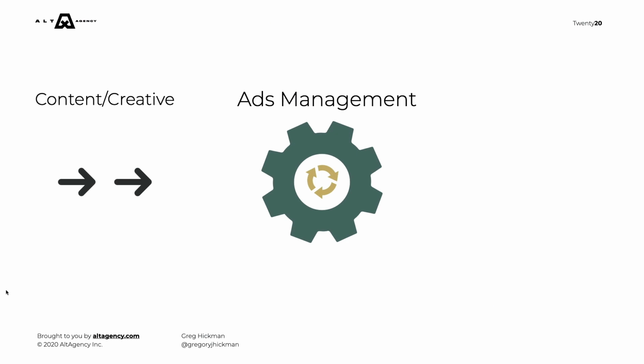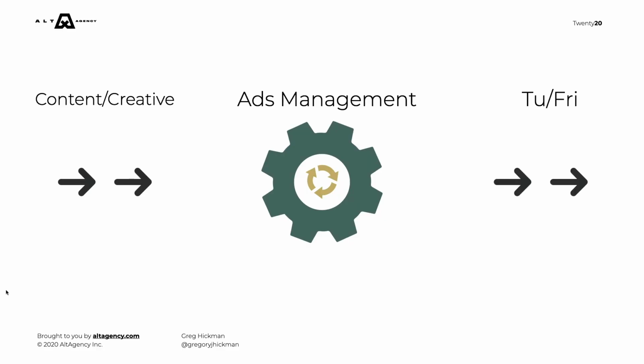My media buyer will take the creative and content that I've put together, and the ones that we decided to launch, he'll take them. Then on Tuesdays and Fridays, he will launch that campaign, and boom, new ads are going live. So we know that every Tuesday and every Friday, new ads will go live. But if Greg stops creating content and coming up with new creative and recording new ad videos, well, the process is still an asset, but it's not going to lead to the result that I mentioned earlier, which was leads